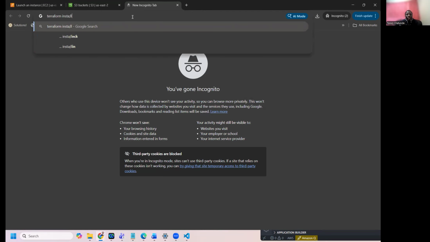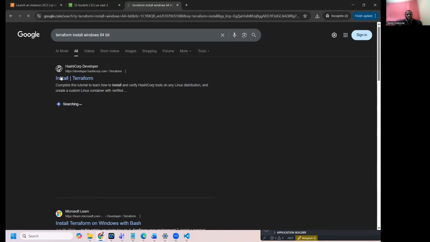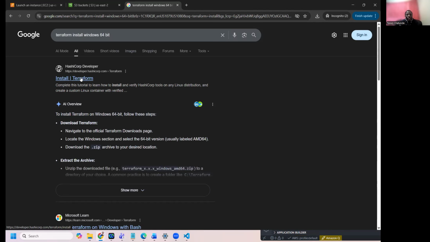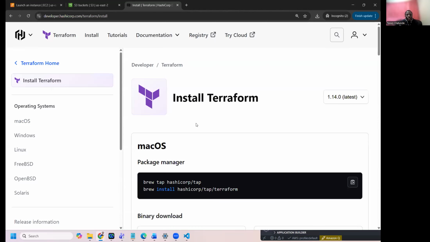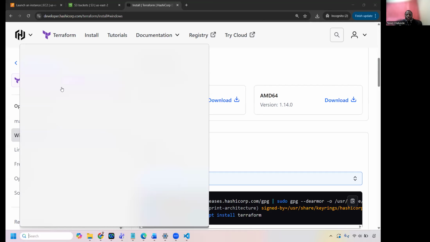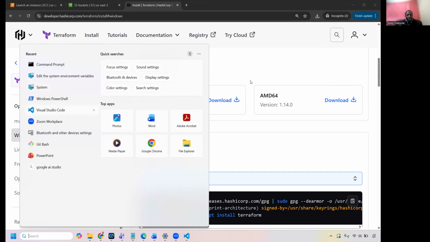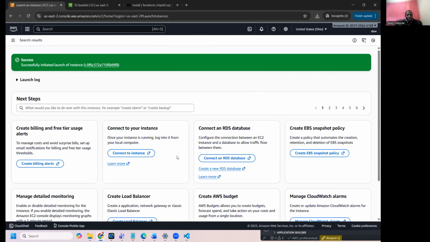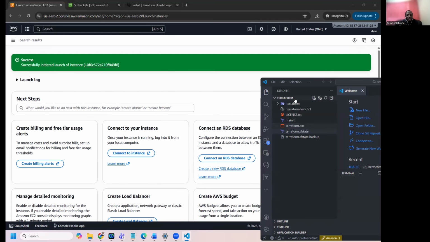Terraform install, and then you can see on your, if you click on it, it will tell you, is it Windows? So like me now, it was this one. I just downloaded it, then you have to do a small configuration on your laptop, and that's it. So I have it installed, and I come here to, let me